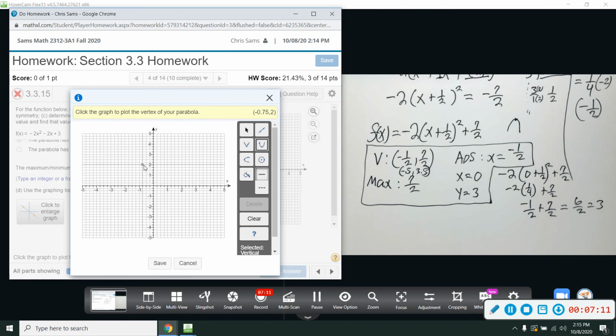Last time I went down and did the wrong thing. Negative 1/2, positive 3.5. Okay, there we go. And then the second point we got was 0, 3. Okay, this ordered pair here. So we're going to go over to 0. I'm going to